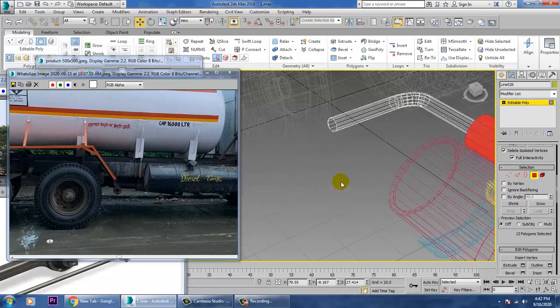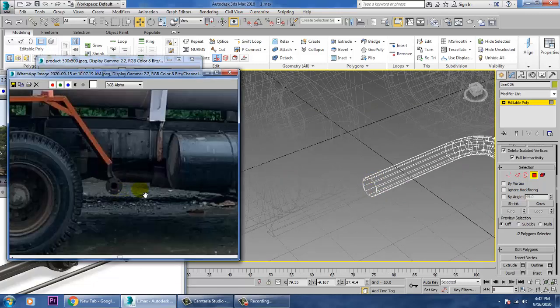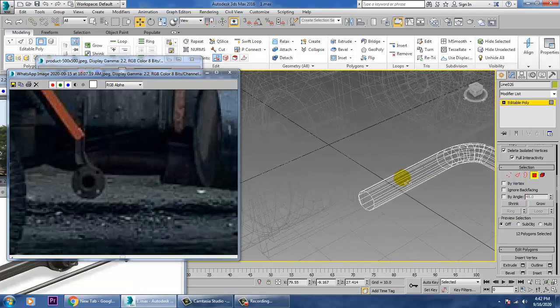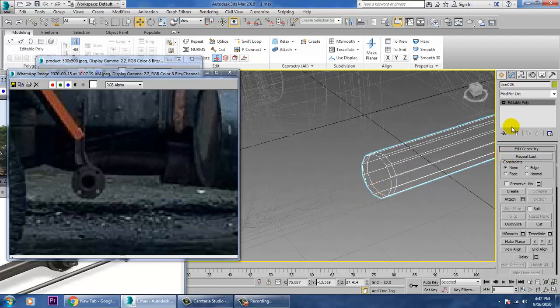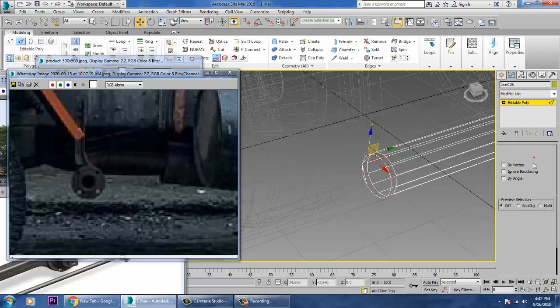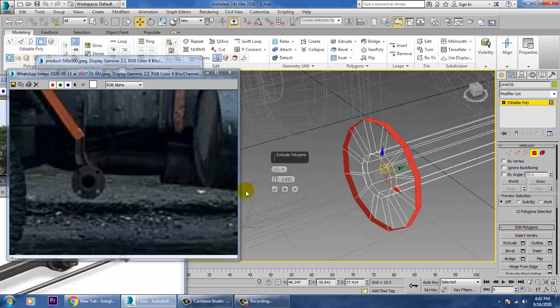So same thing will go over here also. So definitely it's going to be attached somewhere. So we'll be utilizing one loop over here. Let's go into its edges, ring it, polygons, and let's just extrude it a bit in this way.